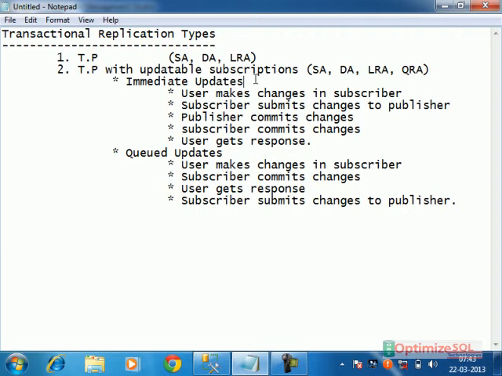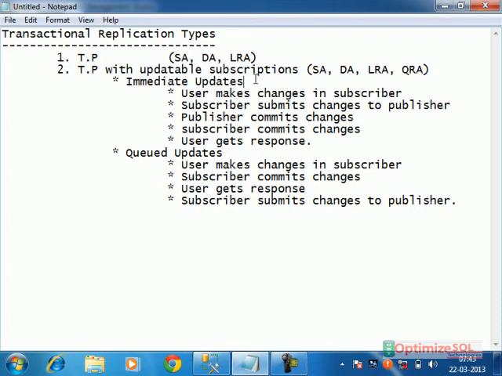That's why the DTC service must be running on the subscriber. The queue reader agent actually works with the help of the DTC service. It is compulsory that the DTC service must be running on the subscriber.